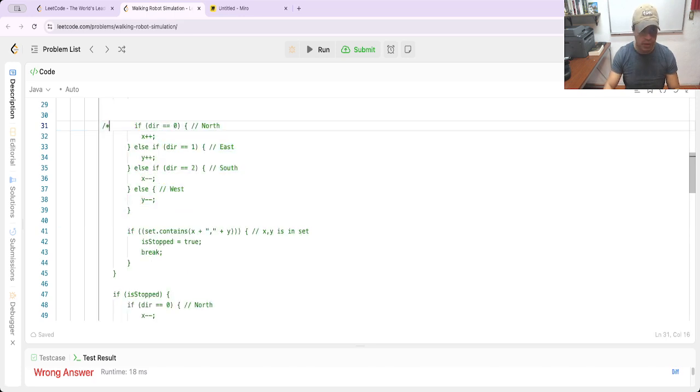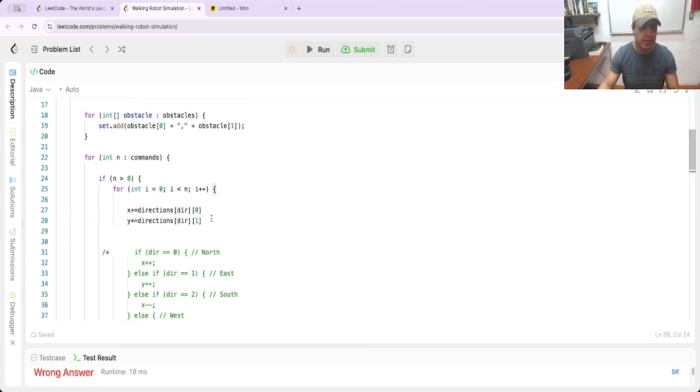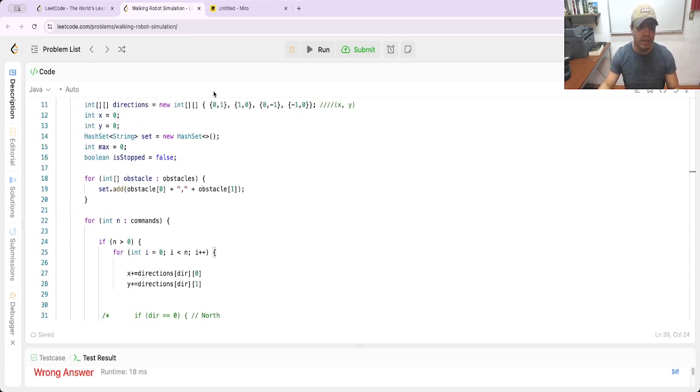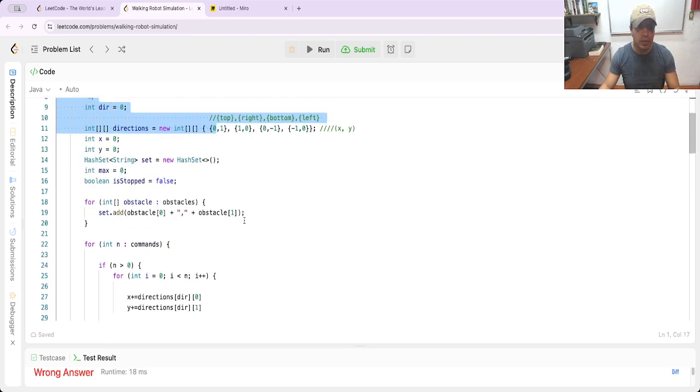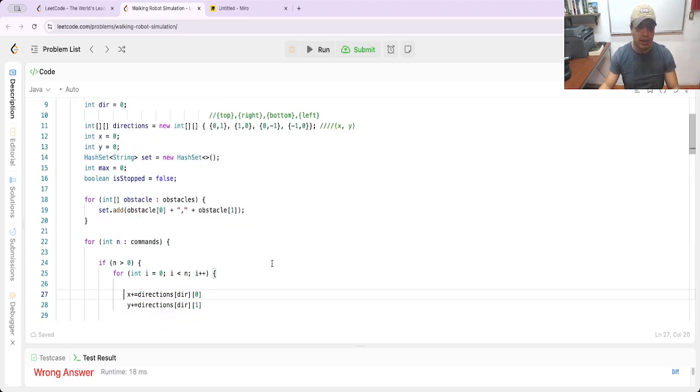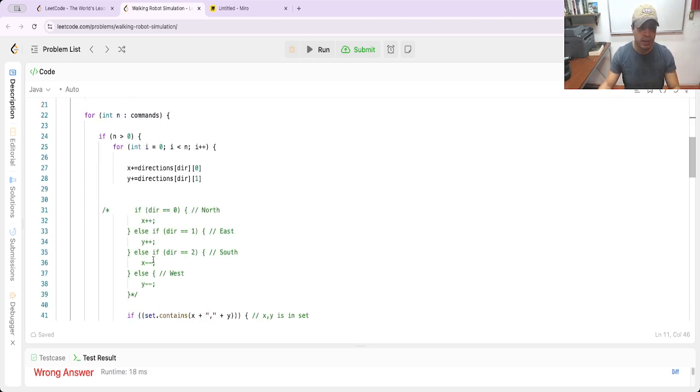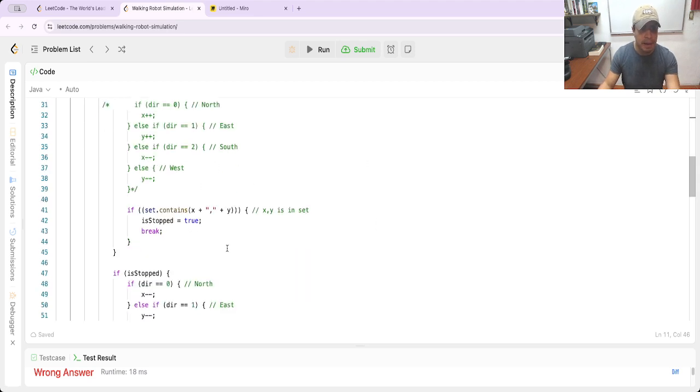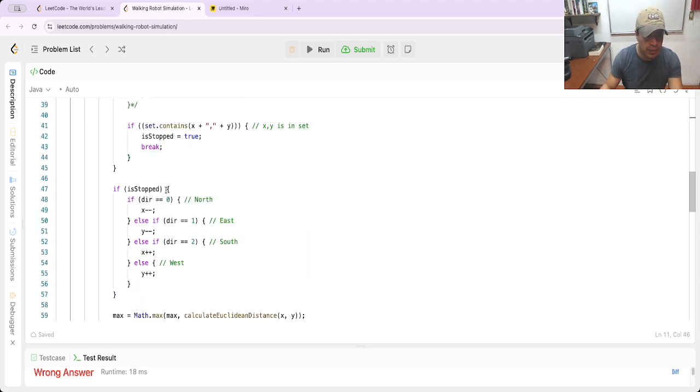Let me comment this code. Because for example for y, every time we are moving to the north, x shouldn't increase at any time, because it's zero. It's x plus equals zero all the time, which means that it's not moving. Yeah, with this I can avoid this, but now